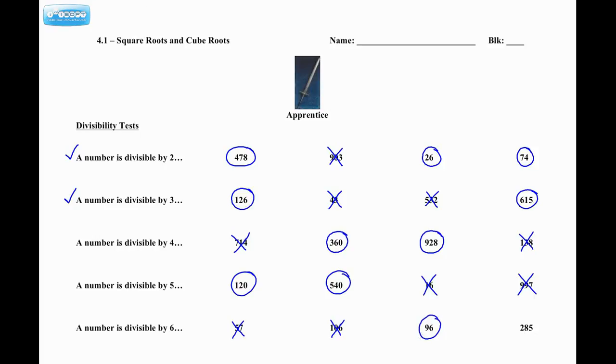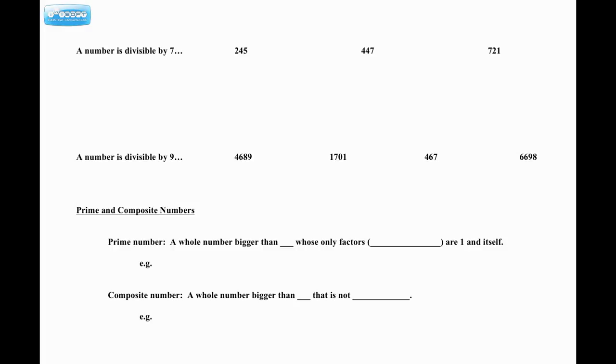285. Well, that doesn't work because right away I can see that it's odd, and therefore it is not divisible by 2. It is divisible by 3, but not 2. Therefore 6 doesn't work. How to tell if a number is divisible by